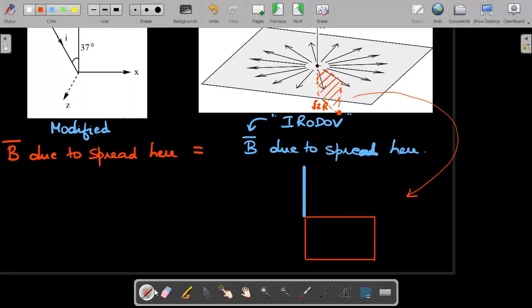Okay, let me shade that for you so that it will enhance your visualization. So this is the thing that I'm talking about. And this wire, remember, it's semi-infinite. So on the upper side, it will be at infinity. So it's extending to infinity at this place. So this is the origin 0, 0, 0. So if this is 0, 0, 0 origin, right? What is this distance? I think this distance you realize is your root 2r. Okay, and this distance is your r. Okay, so that this point is r comma minus r comma r. So I've just turned that picture so that it can fall in my plane here, right?